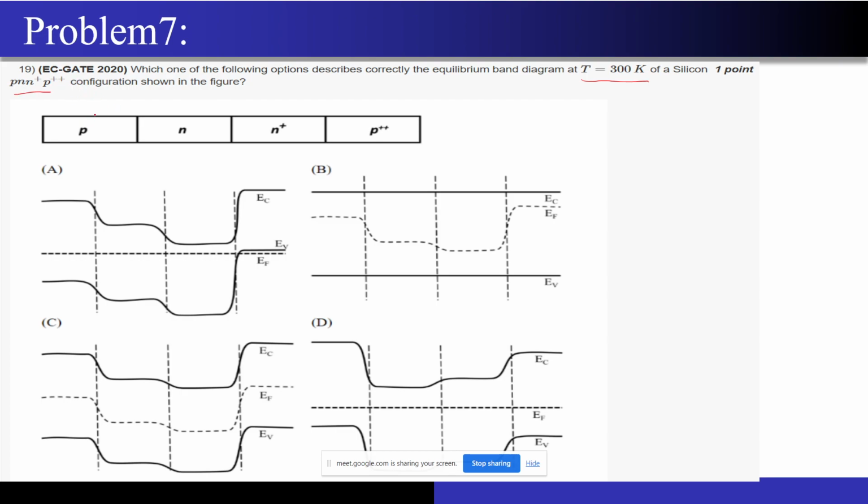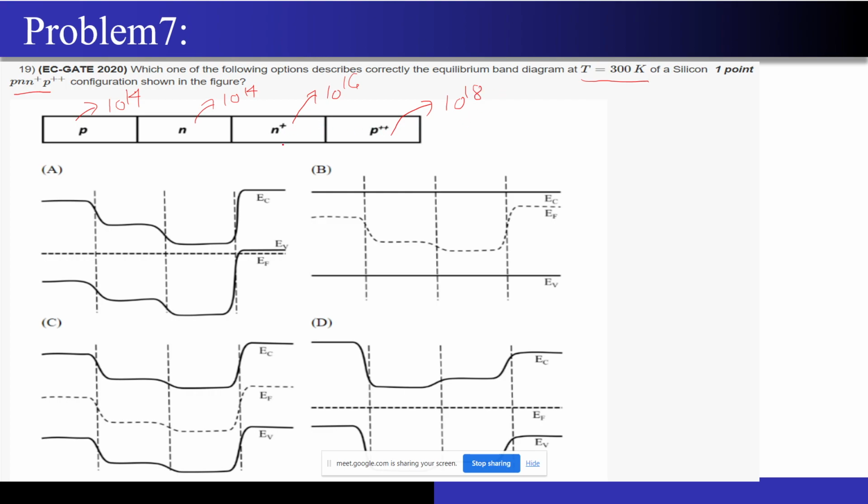I will tell you. So let's assume that this has been doped with the concentration of maybe 10 to the power 14. Even n has been doped, let's say, with the concentration of 10 to the power 14. N plus is nothing but the heavy doping, right? So let me write it as 10 to the power 16. And now this is p plus plus. It is super heavy doping, right? So now let me denote it as maybe 10 to the power 18, right? So this is what this p plus plus n plus means.